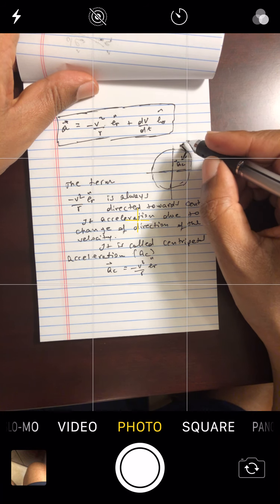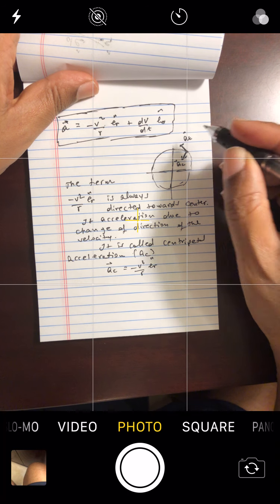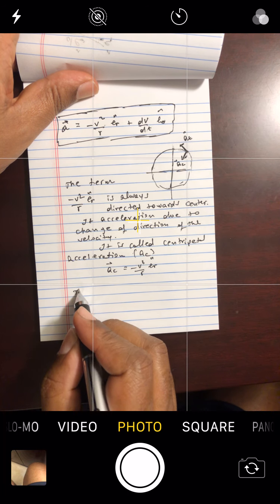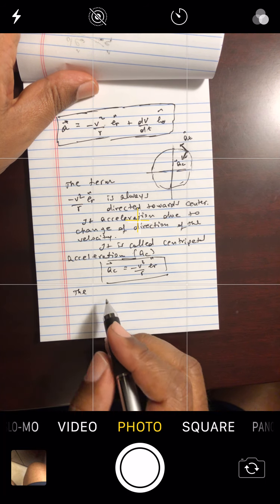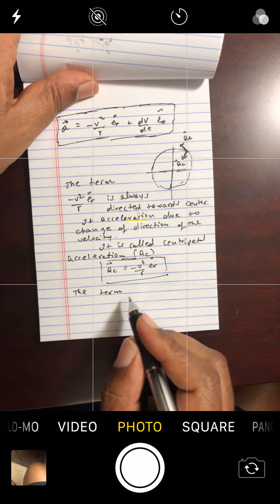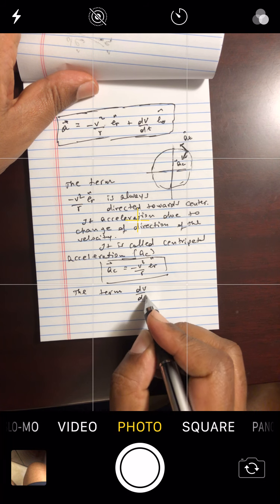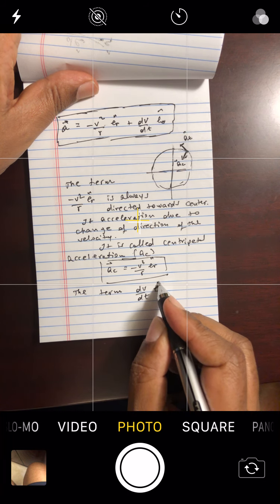So the term dv by dt in the direction of e theta